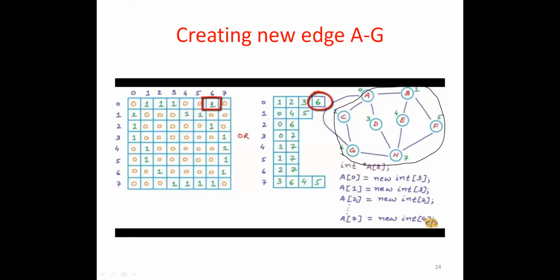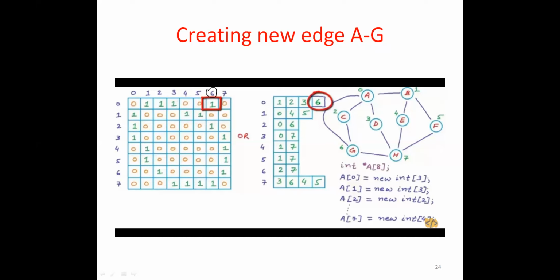A represents 0 and G represents 6. Earlier it was 0. Now when I make an edge between A and G, I will simply flip the value. Earlier it was 0, now I will flip it to 1. Simple in the case of an adjacency matrix.